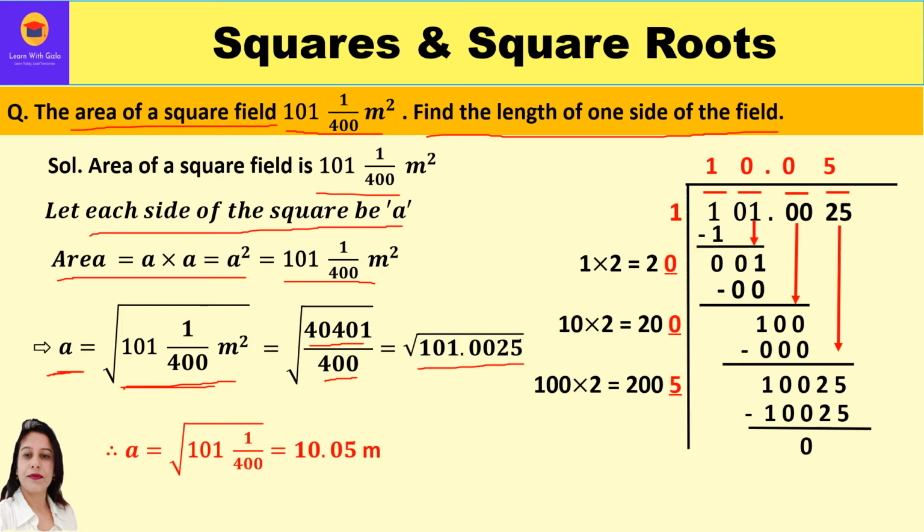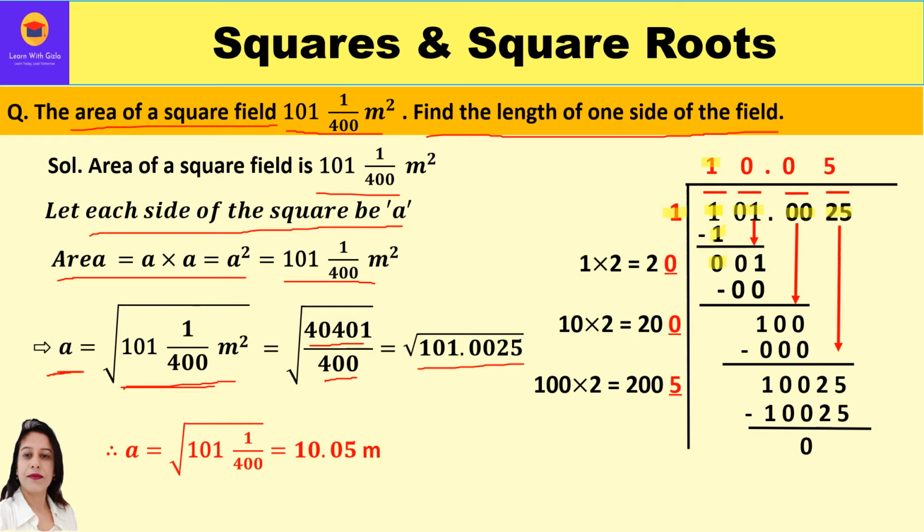Now we shall start with the long division to find the square root. To find the square root, we require pairs. For the whole number part, we start forming the pairs from the right towards the left. So the first pair, or you can say period, is 0 1 and then 1. And after the decimal point, we start from the left hand side towards the right. So the first period is 0 0 and then 25, right? Now we shall take the first period, that is 1, and try to solve it. We have to think of the largest number whose square is either equal to or less than 1. So clearly we know that 1 into 1 is 1. 1 minus 1 is 0, right?